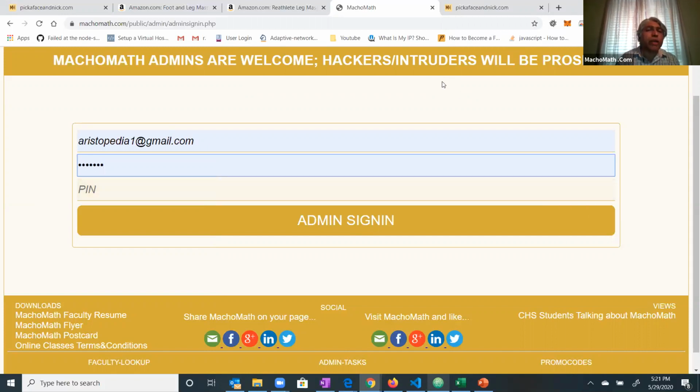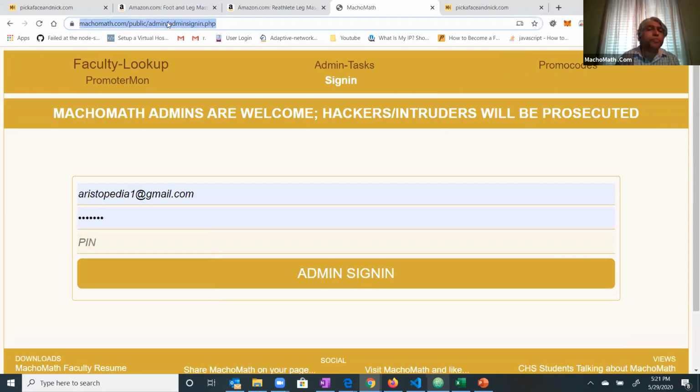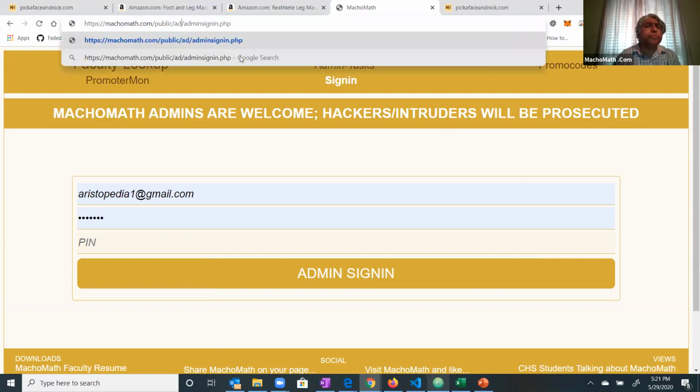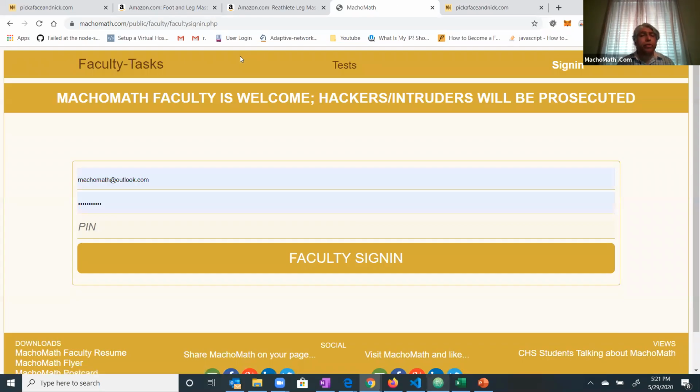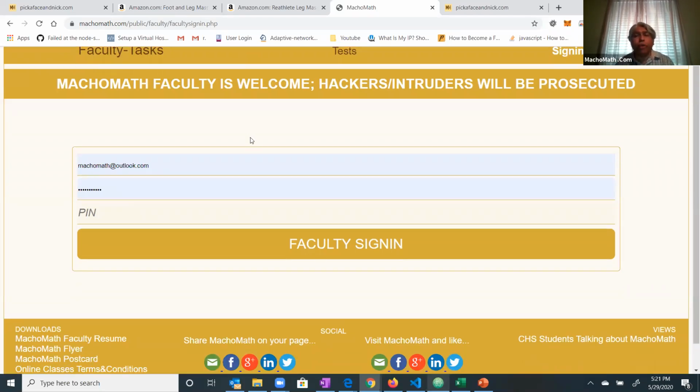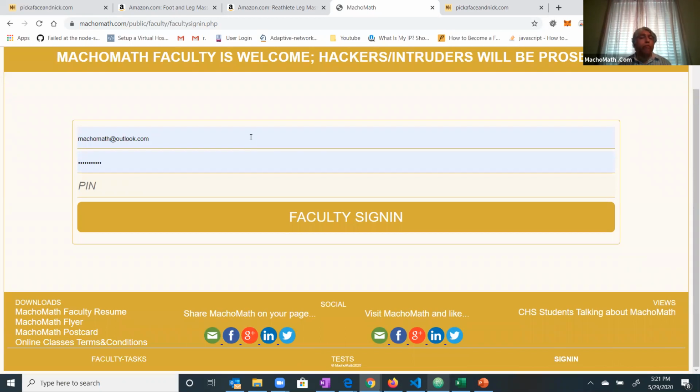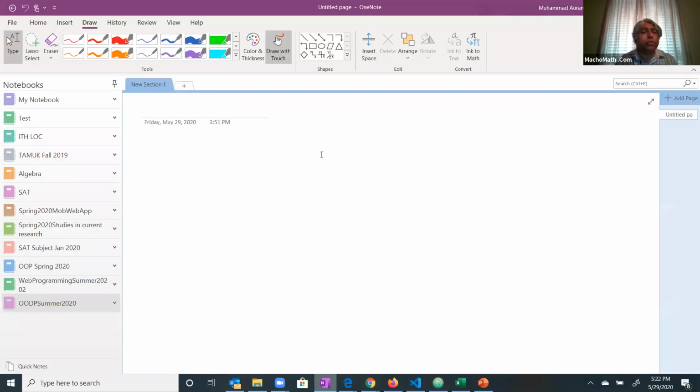And similarly, we have faculty sign in. So for faculty, we can have a faculty sign in, and here you can sign in as faculty, do faculty tasks, right? And then we have a promoter sign in. So this, you can see this thing that once you look at a project, once you look at the project,